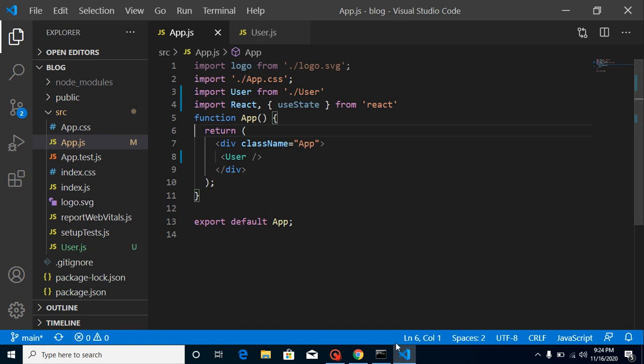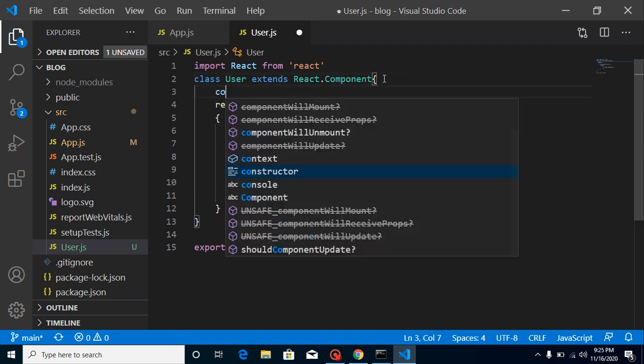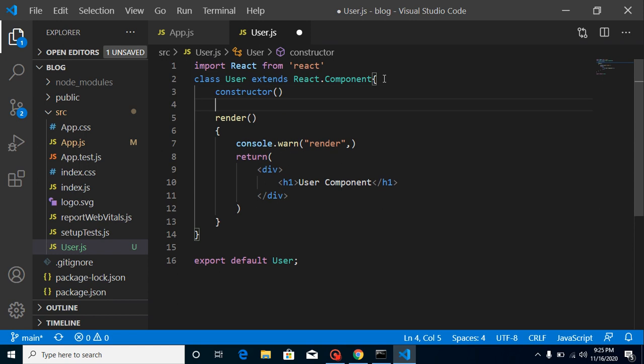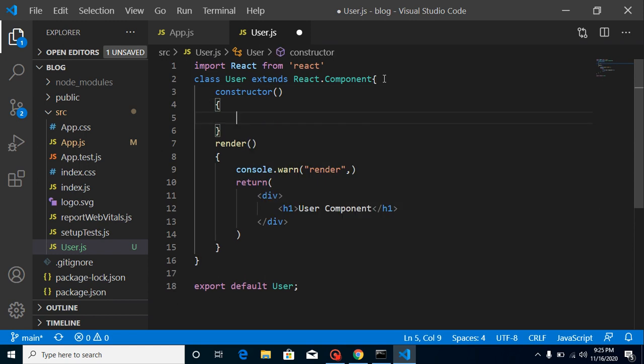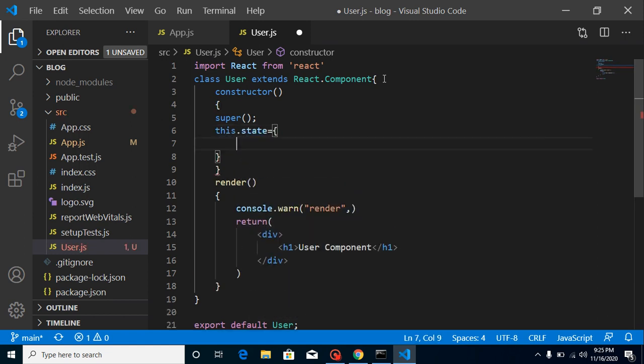So now come here, and we don't need these props for a moment, otherwise some people can be confused because we are now using state. Let's define a constructor so that we can define state and all. First of all, let's call super, then this.state, and put here email address, and let me add anil@test.com.